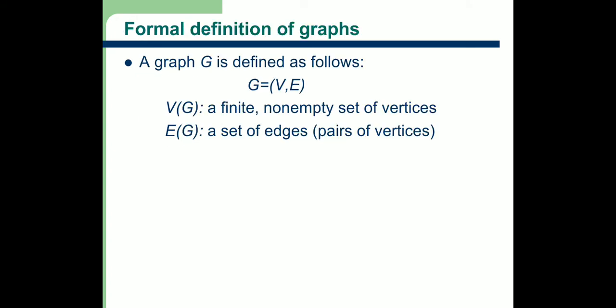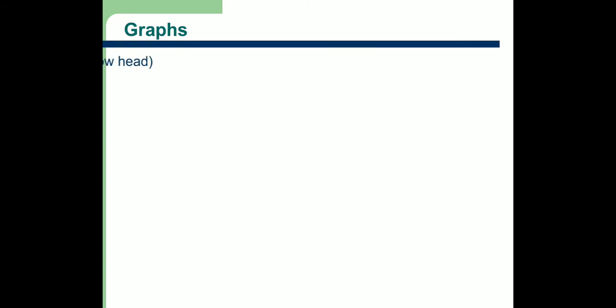This is actually the formal definition of graph. We are done with this. G is equal to (V, E). V is the set of vertices and E is the set of edges. Next, there are different types of edges. First is undirected edge. In case of undirected edge, the edge has no arrowhead, whereas in case of directed edge, the edge has an arrowhead. The arrowhead will specify the direction of the edge.